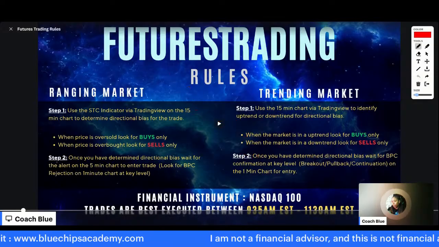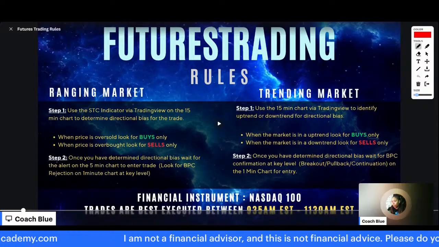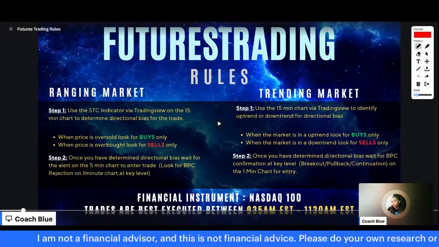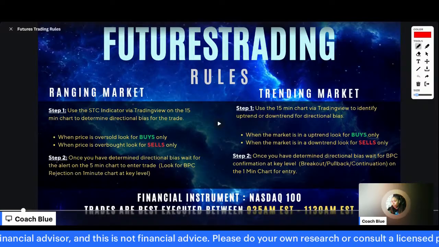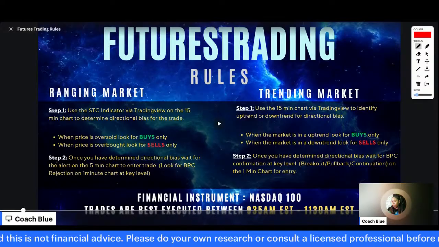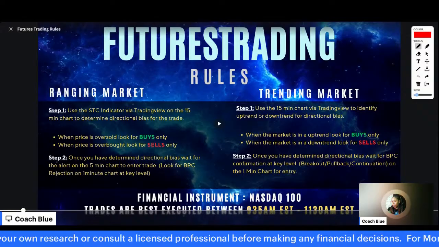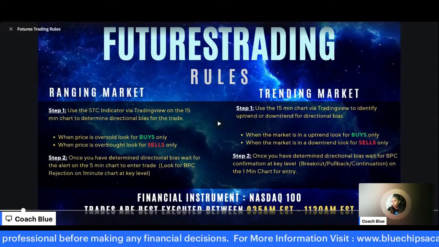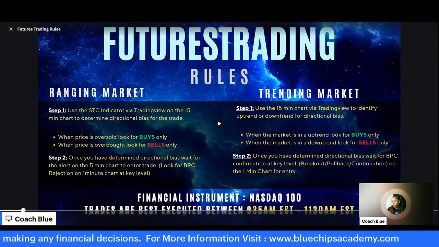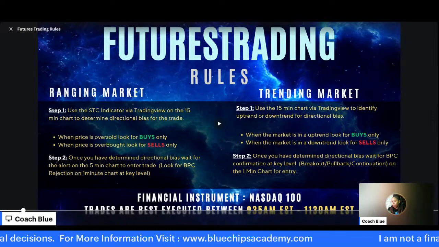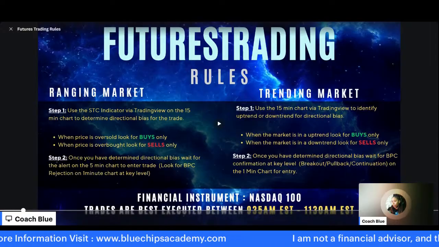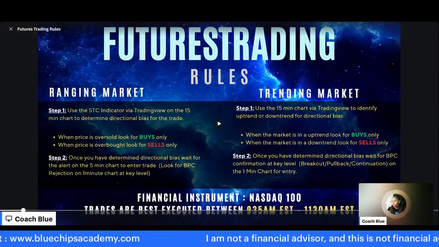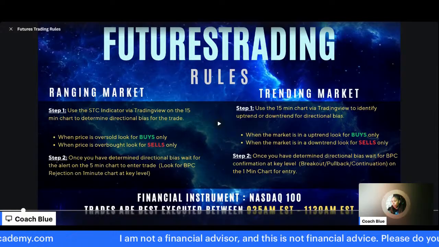So when we look at the market, the first thing we want to figure out is, what are we dealing with today? Are we dealing with a range that could potentially break out, or are we already in a trend? We already know with consolidation, we're not even looking to take advantage of that. I want to show you guys how it looks on the chart when we're in a range, when we're choppy, and then when we are in a trend.